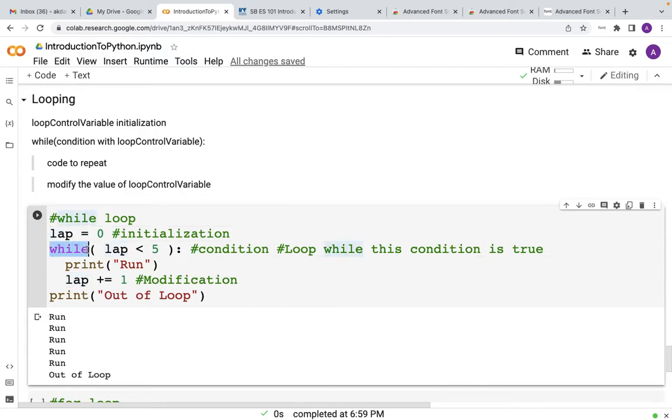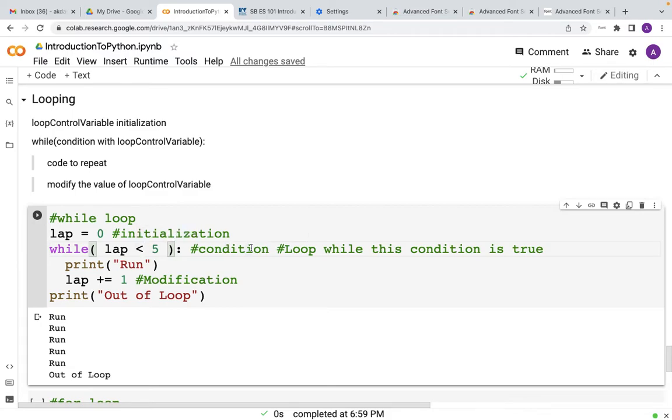And in this line, this is the while keyword. After the while keyword, inside an opening and closing parenthesis, you have to write down the condition. Here I have just written less than 5, where less than 5 and less than or equal to 4 are basically the same.